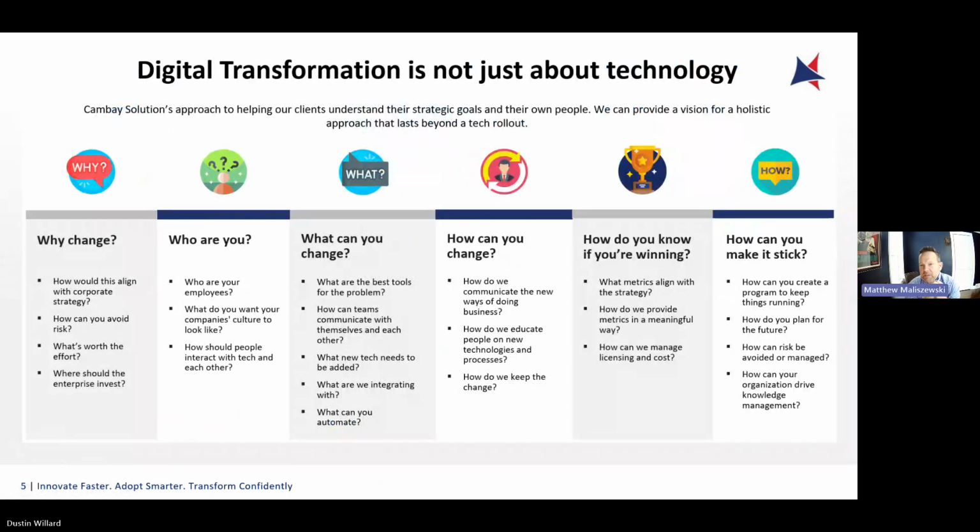And as I alluded to, it's just not about the technology. It's about the why, what, and the how. Why are you changing? What's the impact it's going to have on your organization? What are you going to be able to change? How ready are you for any of these sort of AI initiatives? What does your legacy technology debt look like? What do all your platforms look like? What is feasible to do? And then lastly, what's very important is how you're going to make it stick.